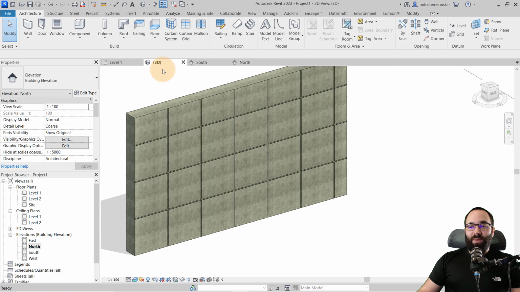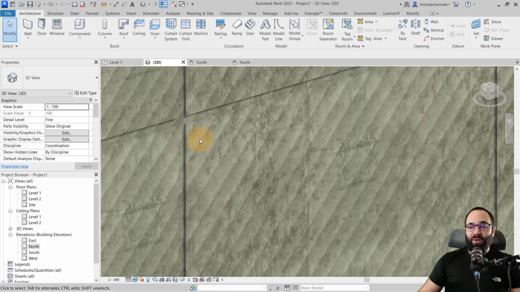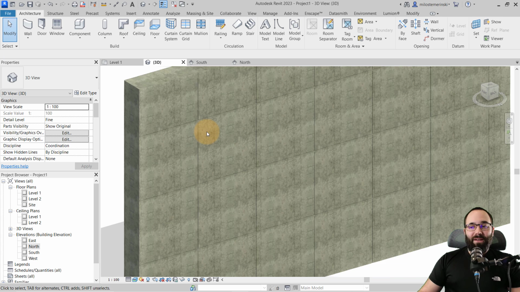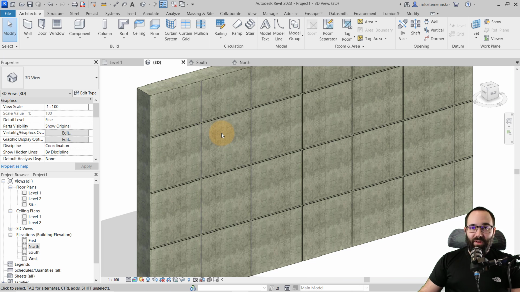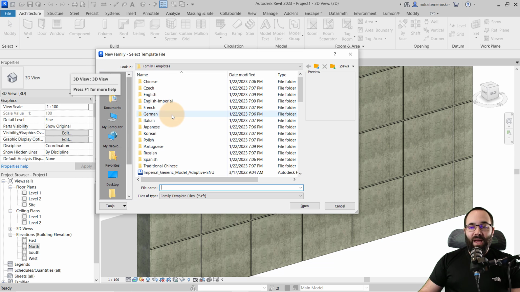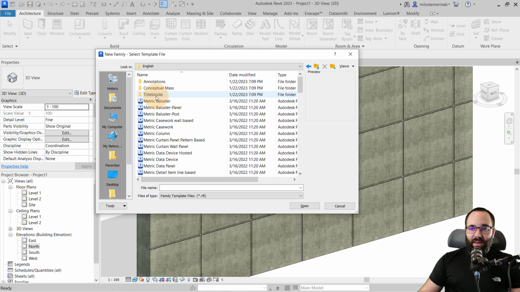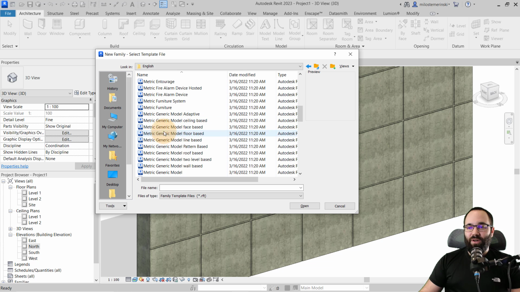Okay, so this is what we have right now, and it does look really good, but we also want to add those dots that appear here. So to add those dots, you have to create them as separate families. So let's go back here to File, let's go to New and create a new family for that. So for that, you want to go again to English metric in my case, and then let's find generic, and